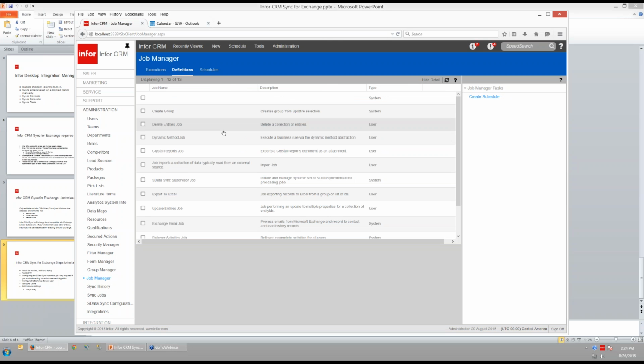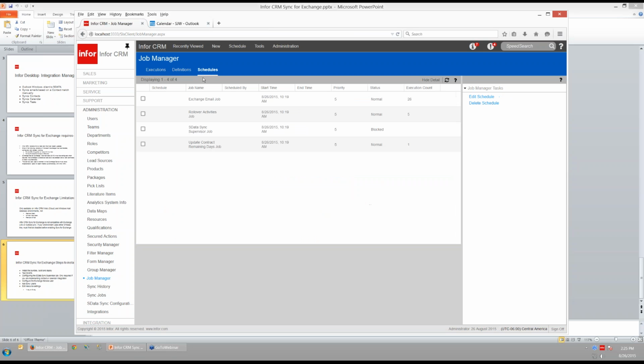If we look at the definitions of what the Job Manager is being asked to do, you're going to see the SData Sync Supervisor job. That's the one that copies contacts, calendars, and tasks between the two systems. And then the email one is a separate job. So email's handled with its own job. Everything else is handled by this SData Supervisor job. And like I told you, you schedule these to run. These are all the jobs I have in the system. Those two I just showed you are related to